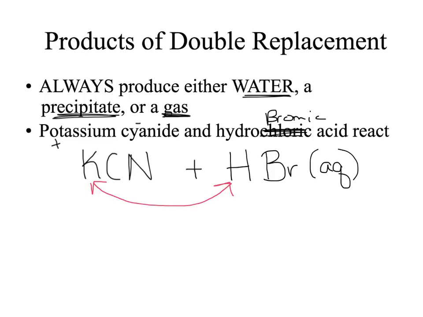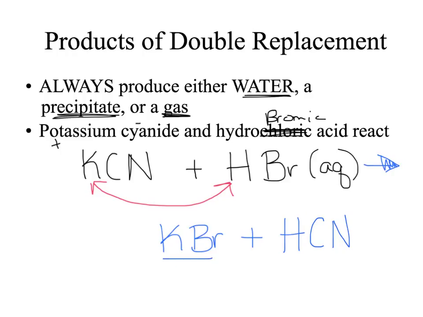one another. And so my new products for my chemical reaction are going to be potassium and bromine making a compound, and the second compound will be hydrocyanic acid. And so if I look on my solubility chart, I will find that potassium bromide is aqueous, so